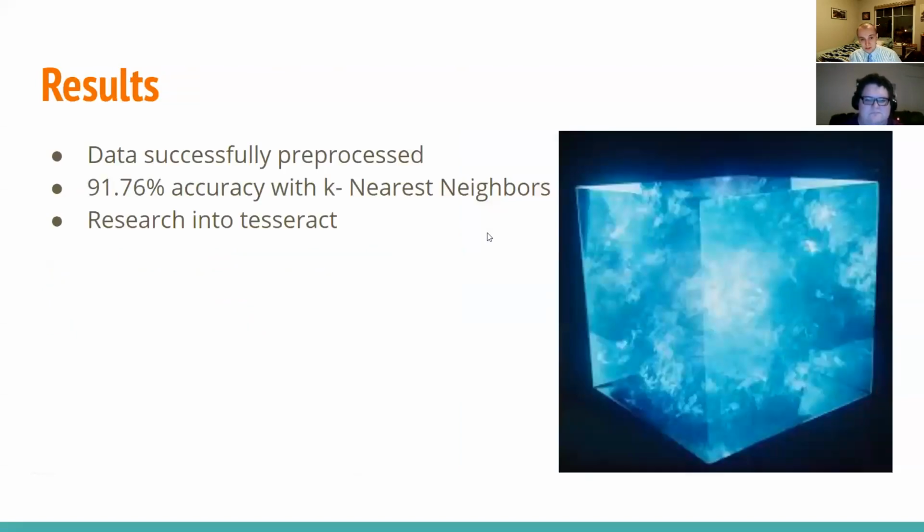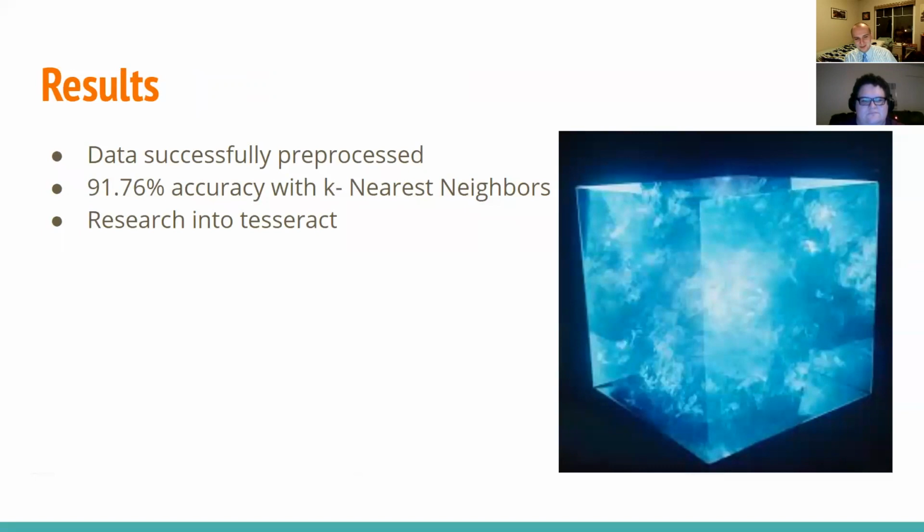Okay, results. That right there is a tesseract from the Marvel Universe. Now, we'll explain that in just a moment, but let's talk about the results. We did successfully process the data. It took us a while, but we managed to get the dataset, and we were able to cut up the image properly. When we had all the characters in their own separate images, we could take that from pixels and divide that evenly, so we would have an array of pixels. From that, we were able to use the k-nearest neighbors algorithm and get